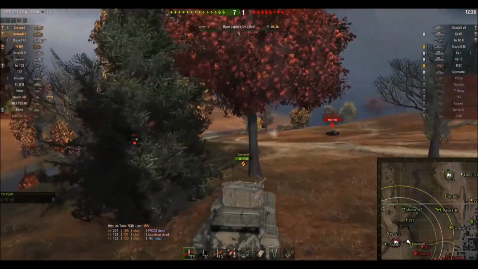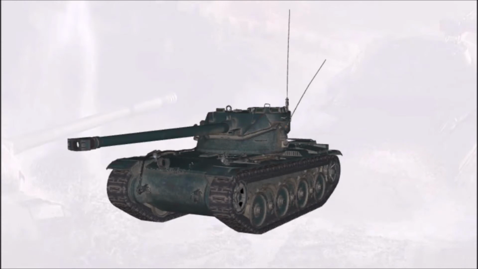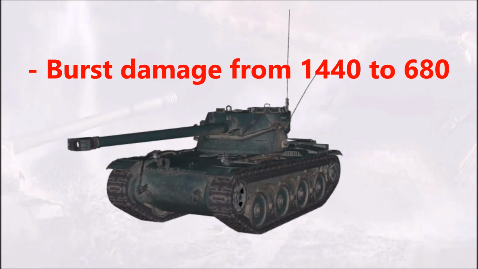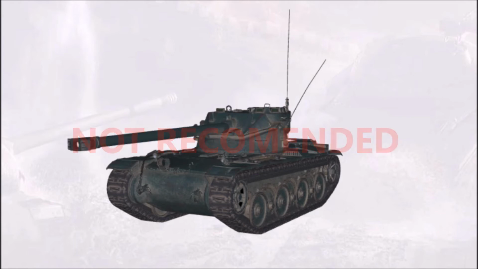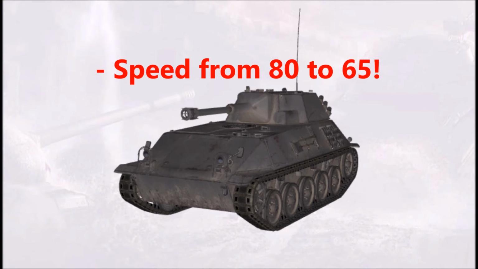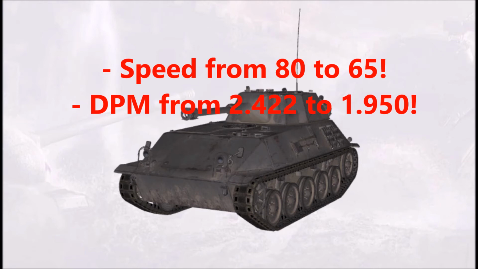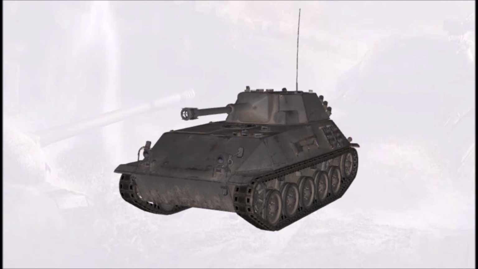Just to finalize, I will give my final conclusions about the tanks, beginning with the BERT. So the BERT lost the needed burst damage. Still got good camo, but because there are better options with the needed camo accessories, this tank is not recommended for strongholds or any competitive game mode. The HWK lost its top speed trademark of 80. Also it lost some DPM and the already worse survivability. View range and dispersion is not going to do it, so it's also not recommended for strongholds or any competitive